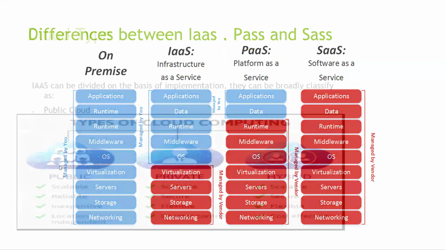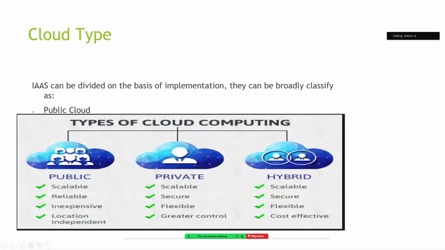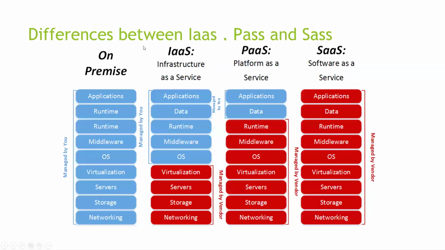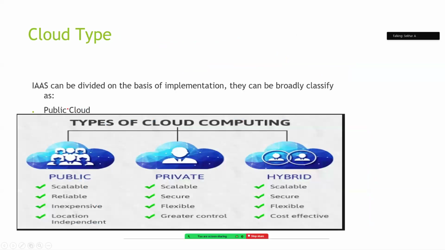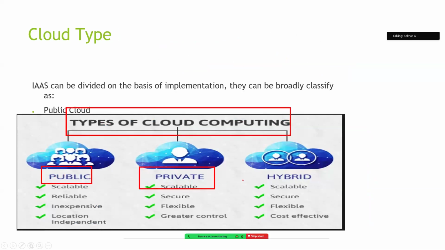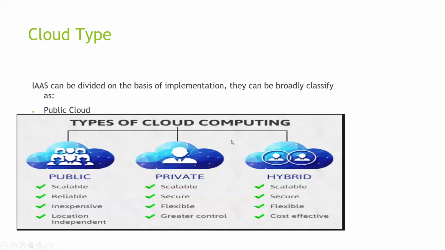Okay. Yeah, next. So there are three types of cloud computing in the market. There is a difference between cloud deployment service models and types of cloud computing. Here, types of cloud computing is different: public, private, hybrid. What is public, guys? It's accessible to everybody. Yeah, public. The resources which can be accessed from anywhere in the world are called public.